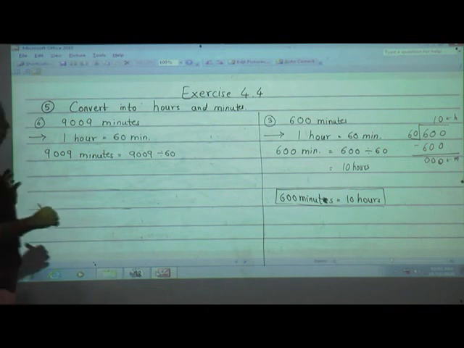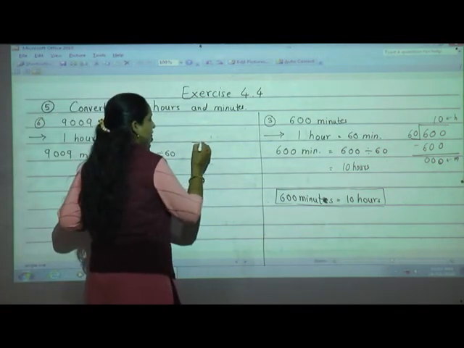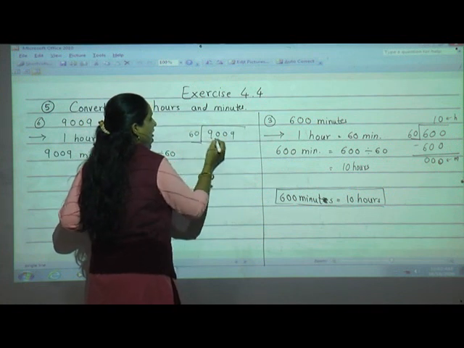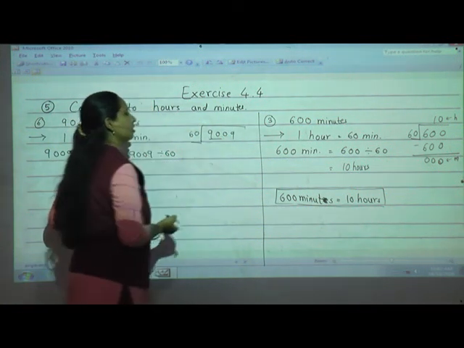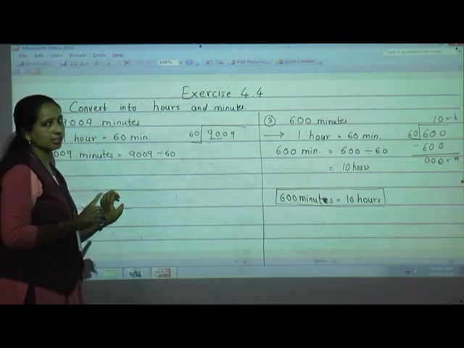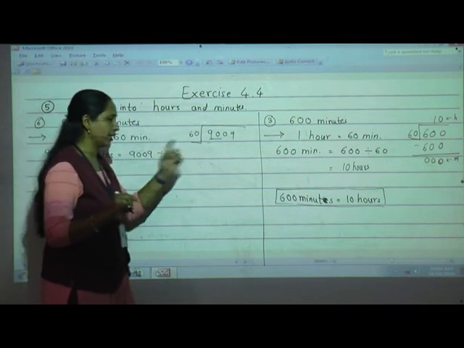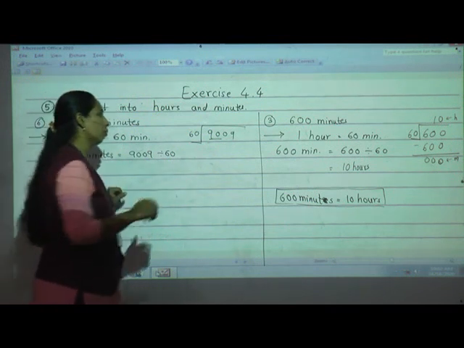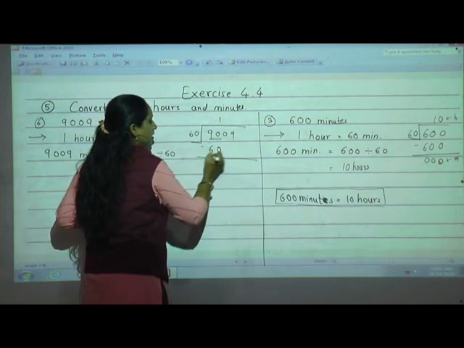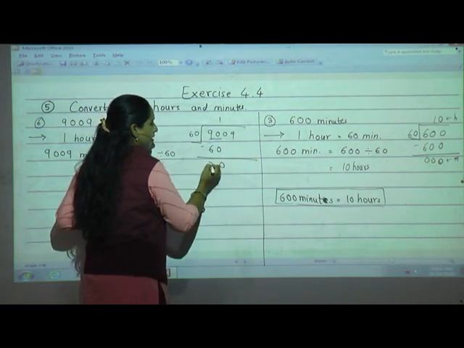Now this division is very important. Now we will do the division. 9009 divided by 60. Two digits, start with two digits. Now 6 2s are 12. Okay, see, then 60 2s are 120. So we cannot divide with 2. We have to go with quotient 1 only. 6 1s are 60. 0 minus 0, 0. 9 minus 6 is 3.